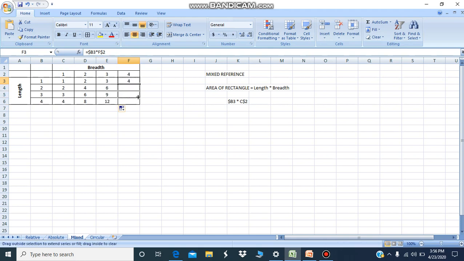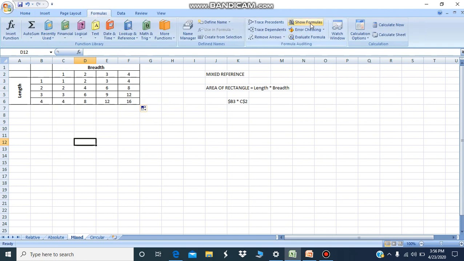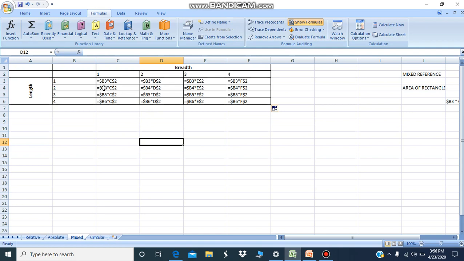This formula has a mixture of both absolute and relative references. You can see it by looking at your formulas. By clicking on the formulas tab, you can see show formulas that column B has absolute reference while row 2 has absolute reference. The other rows and columns do not have absolute reference, they have relative reference and change when the formula is copied to other cells.